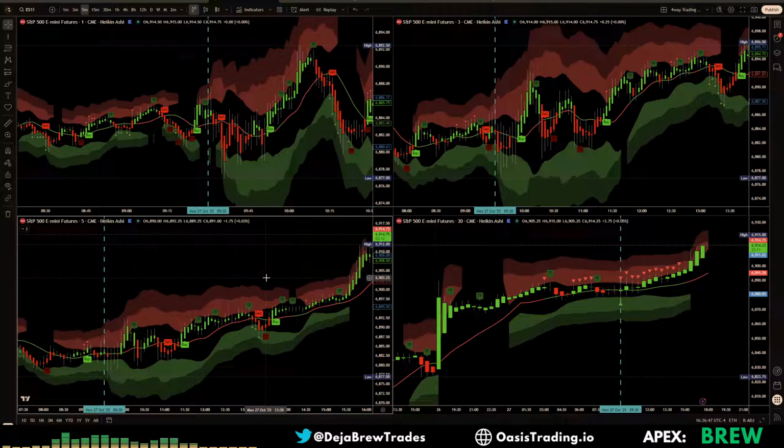And like I said, these are not exact time frames. You can play with what time frames you want to show. But okay, so the 30-minute was already in a buy signal. So we go down to the 5-minute. It was also in a buy signal, but if you guys remember, we talked about this on the live stream